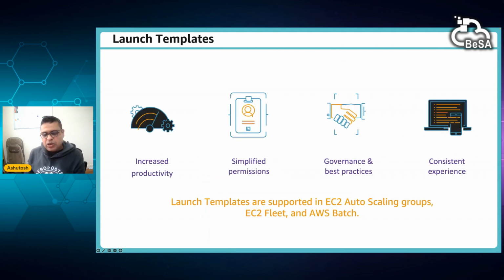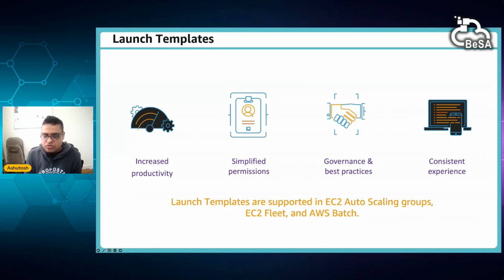Okay, so a little bit about the launch template. So launch template, as I said, has the building blocks of EC2, without which you cannot spin up an EC2 instance. But you want to have a seamless performance as well, right? So you want that template to be used by all the EC2s which you are going to spin. So you need to have centralized governance. What it provides actually is a centralized governance model wherein you create one launch template and all the EC2 instances will be spun up using that launch template.